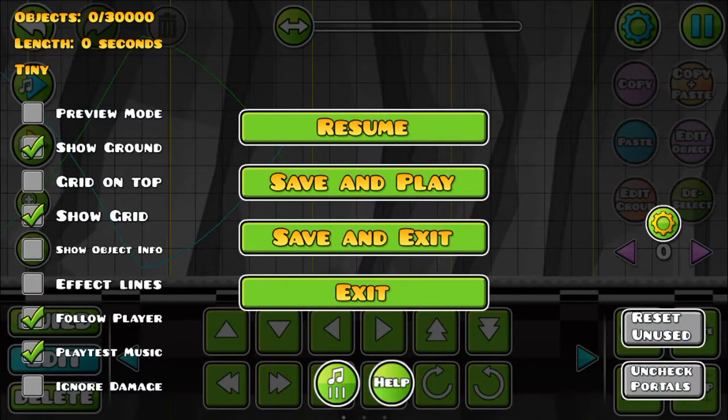The pause button has a bunch of settings. It has preview mode, show ground, grid on top, show grid, show object info. Show object info is really unnecessary unless you're literally trying to find what object it is and you're tired of looking through your entire inventory. Let's start from the bottom up. Ignore damage can be used